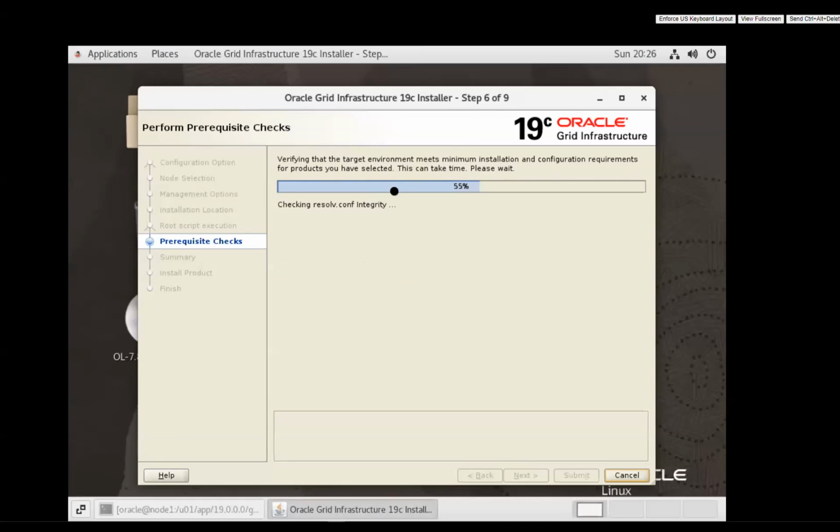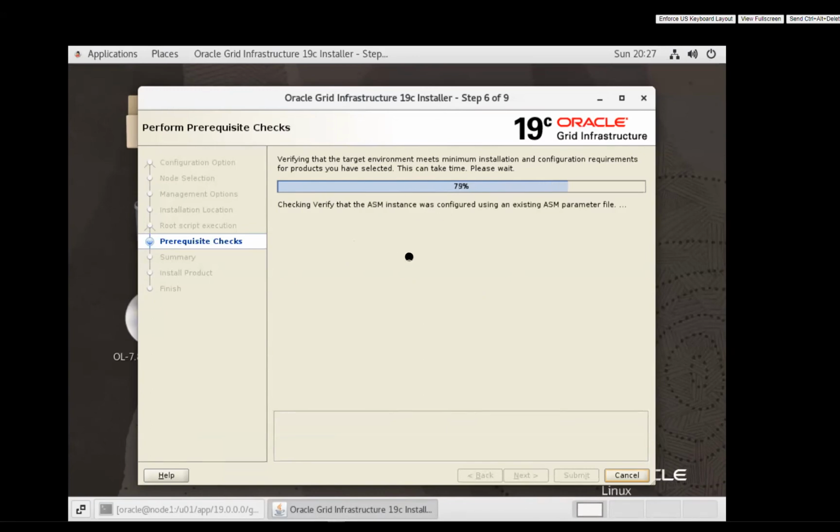And also when the pre-check is completed, and the moment you click install and proceed further, it'll make your node 1 19c binaries active, and it'll copy them to node 2, and then it'll ask you to run the rootupgrade.sh. The moment you run rootupgrade.sh on both the nodes, that is where 90% of the job is done. After that, if your GUI screen goes away, or if you lose this session, or if it fails after the rootupgrade.sh, no worry at all.